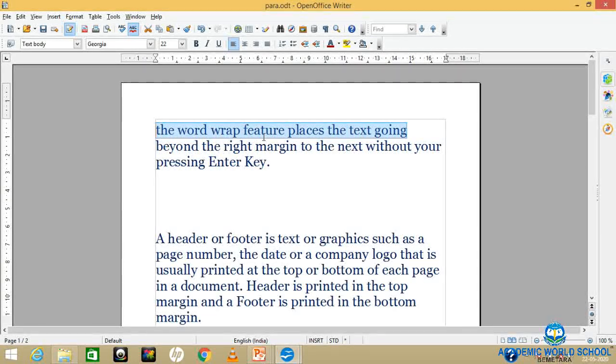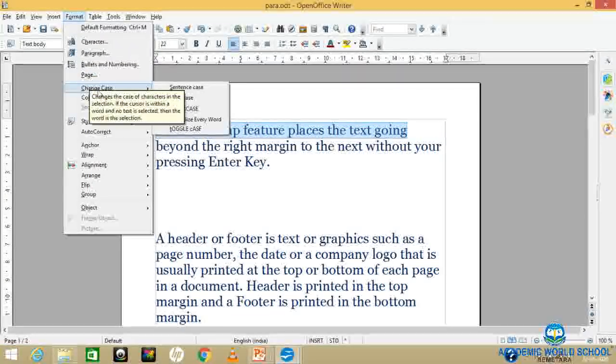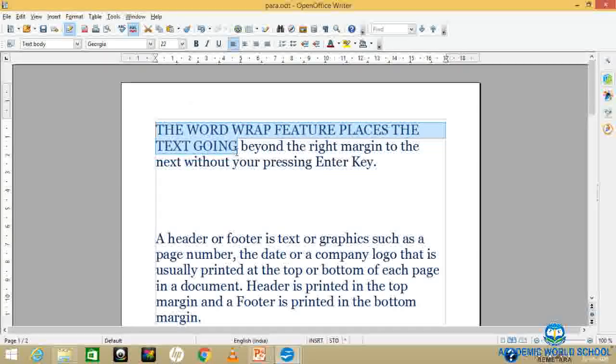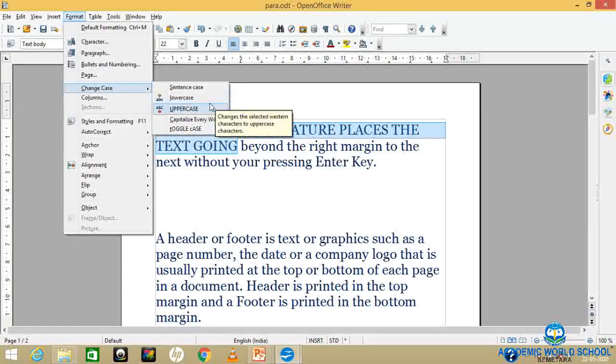You can see the first letter of each word in a sentence converts into a capital letter, as the name suggests.